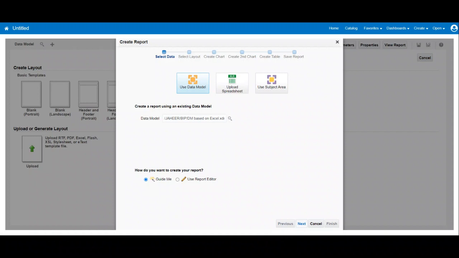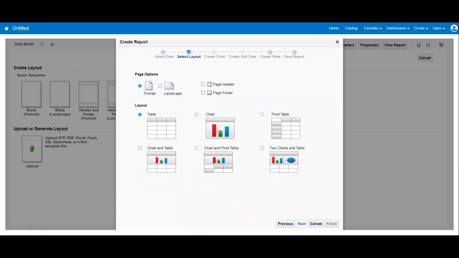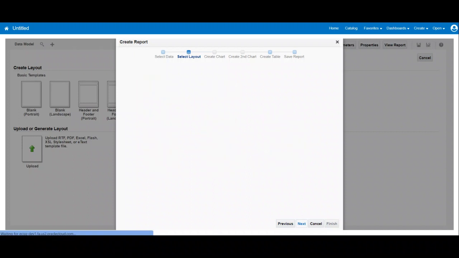I'm clicking next here. Last time in this place we got error saying that the data is not being available in the data model, but this time we went there and we viewed the data, and we have saved the sample data also, and now we are not getting this error. So I'm going to landscape and let me have this tabular format. Next,